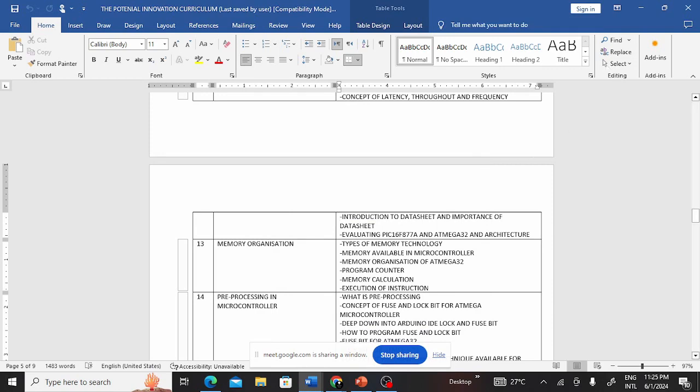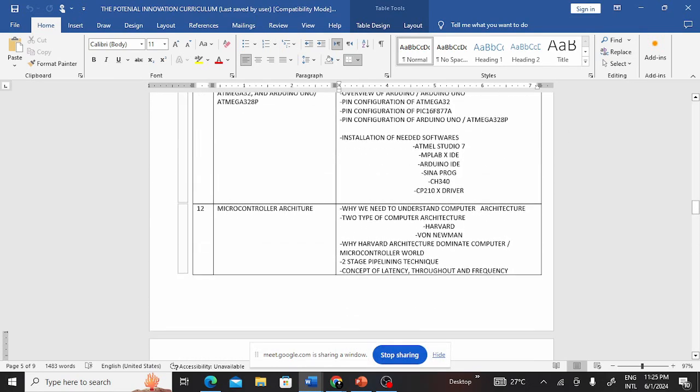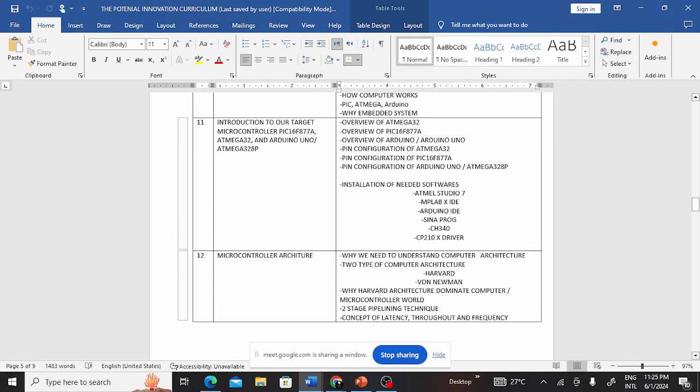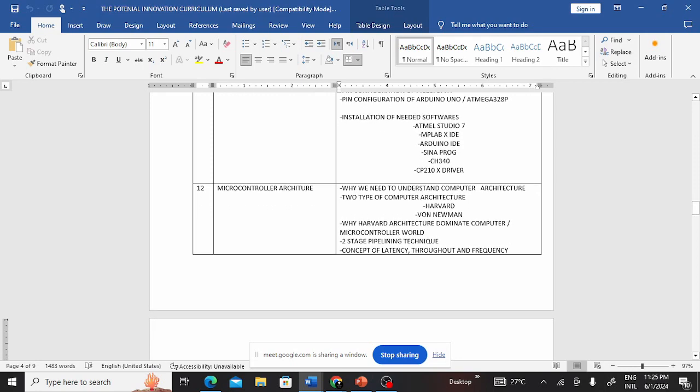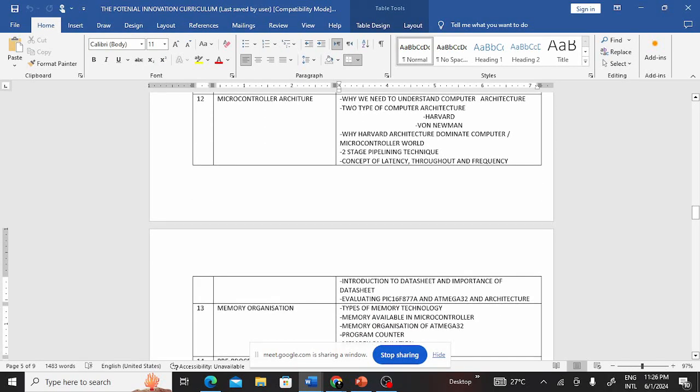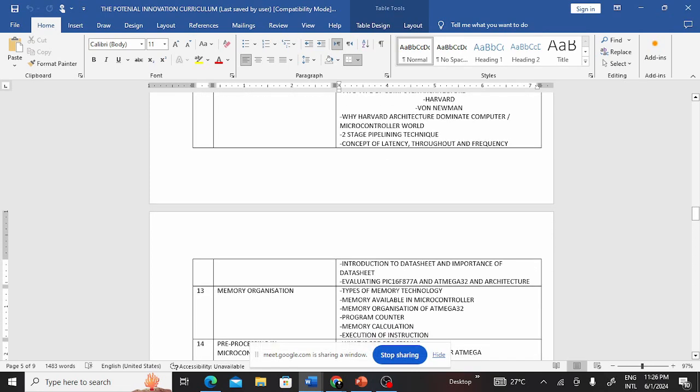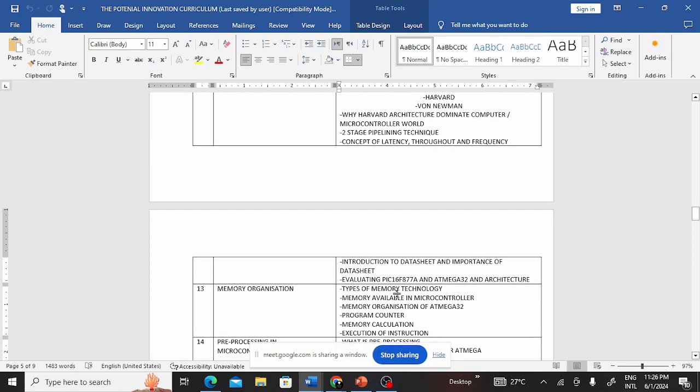According to our schedule tonight, we should be looking into microcontrollers architecture, to understand computer architectures, the two types of architecture, the von Neumann and hybrid architectures, and why hybrid architecture dominates computer systems and the microcontroller world. Two-stage pipelining, concept of latency, throughput, and frequency. Introductions to datasheets and the importance of datasheets, evaluating PIC 16F877 and ATmega32